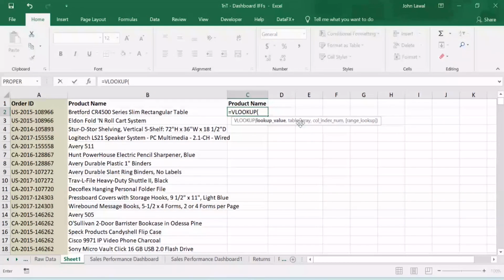So the first thing is to provide the lookup value. The lookup value is simply explained as what do you have, the reference. So what is the reference that you want to use to look for something? Take your mind to a shelf or a library. If you want to look for a book in the library, you have to know possibly the title of the book, maybe the volume number of the book, maybe the publisher of the book. So if you don't have anything